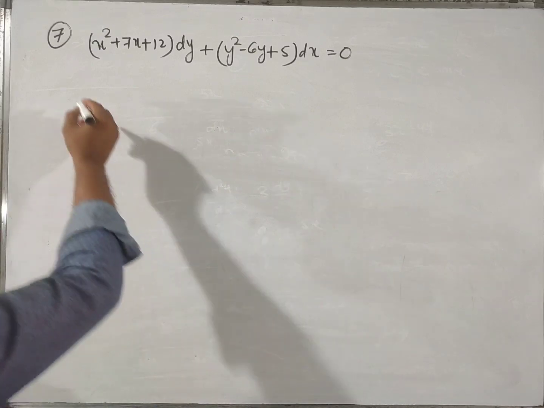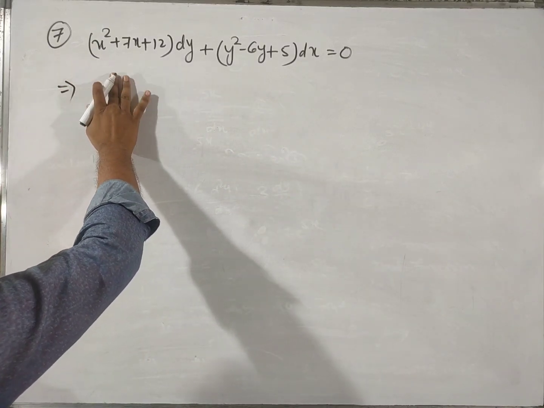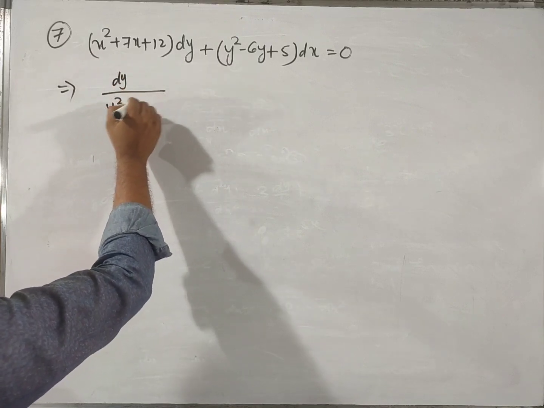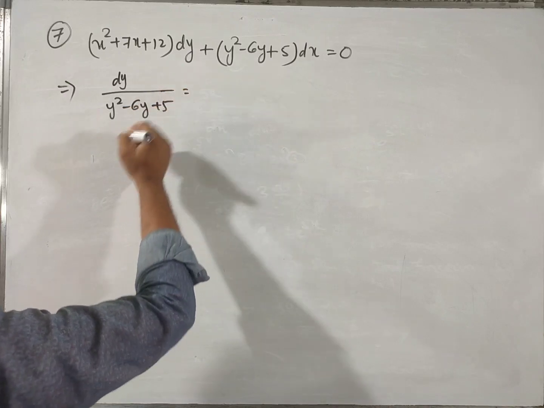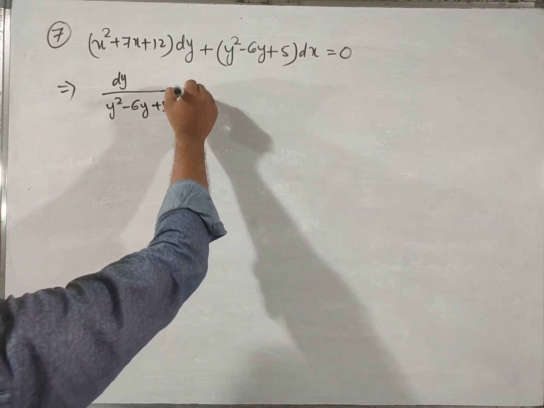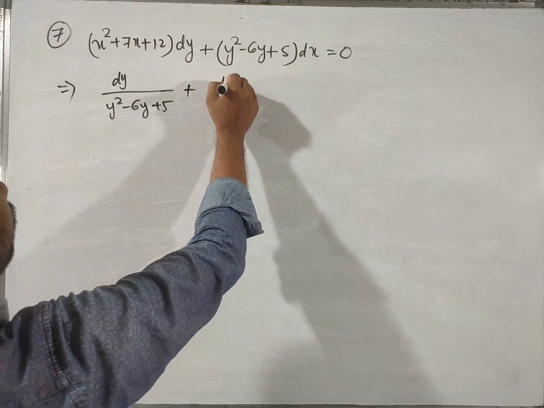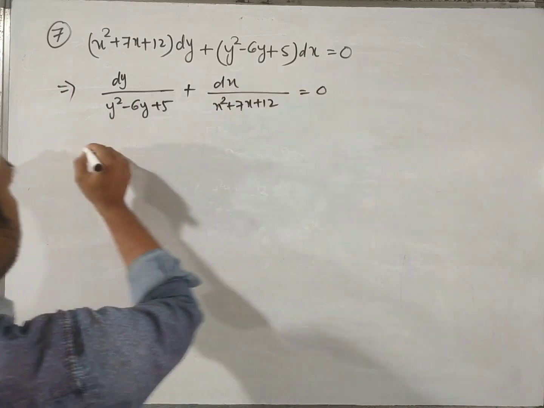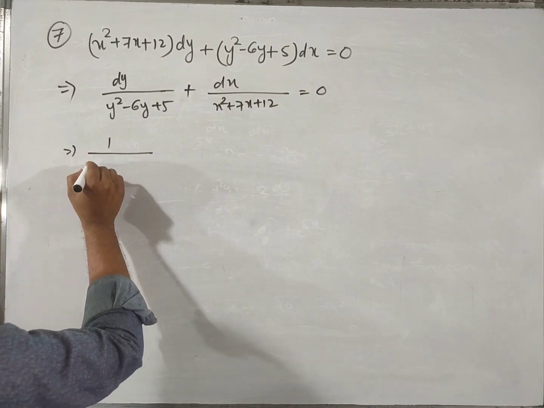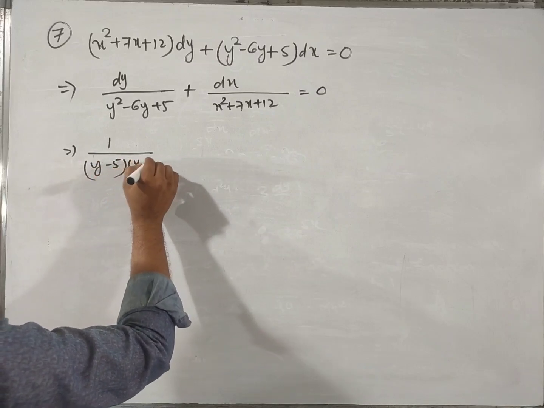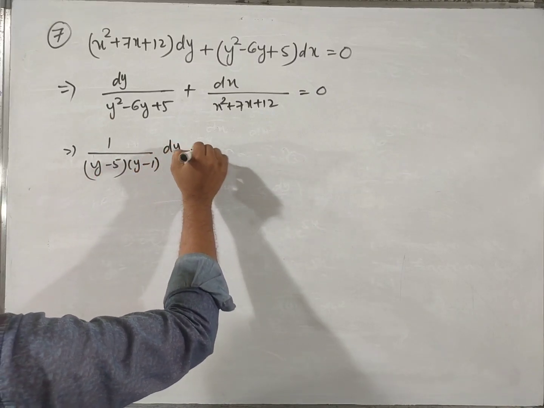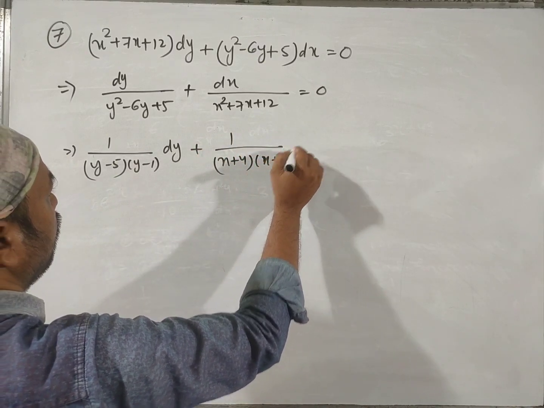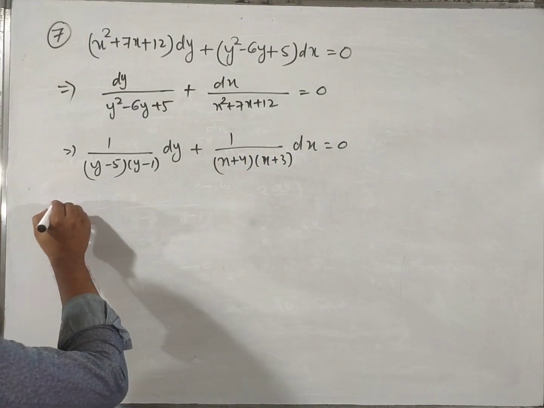Here it is question number 7. Then it will be dy divided by y square minus 6y plus 5. It is just of the form variable separable form. Then it will be dx divided by x square plus 7x plus 12 is equal to 0. Then it will be 1 upon y minus 5 multiplied with y minus 1 dy plus 1 upon x plus 4 into x plus 3 dx is equal to 0. Then integrating both sides, we have